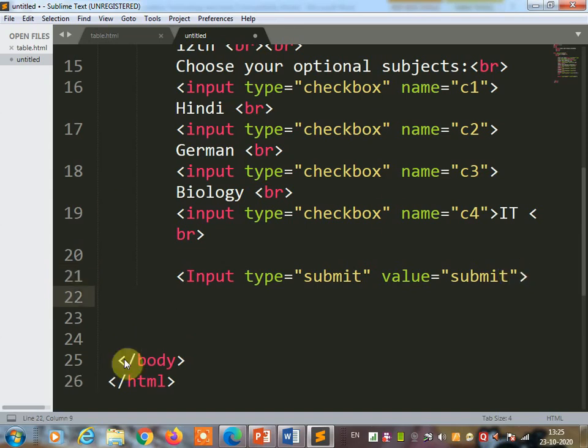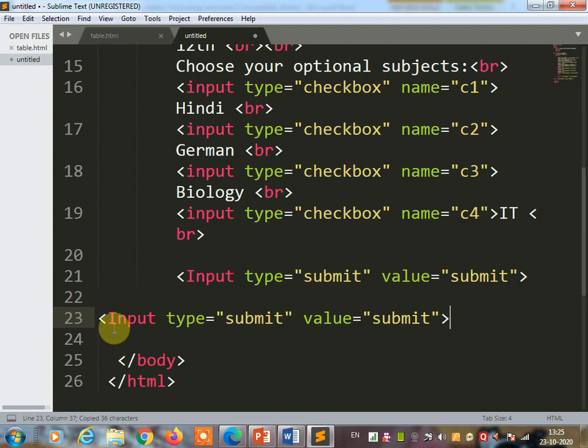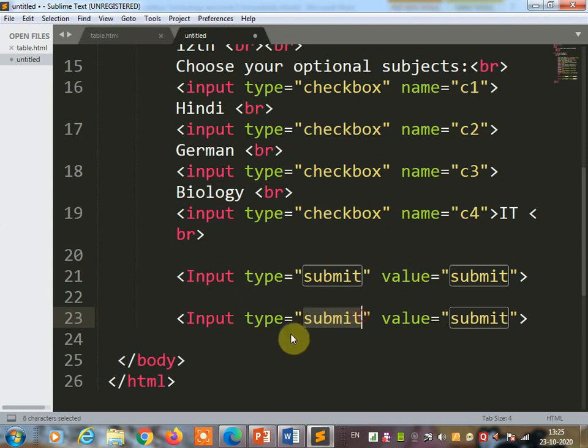One more button we can use to clear the data, so reset button. So input type equal reset, and value we are going to use here clear. Okay, so here we have finished creating the form with the text box, radio button and the check box, and 2 control buttons, that is submit button to submit the data and clear button to clear the data. By mistake if you filled wrong information in the form, you can clear the information by clicking on the clear button. Then you can close the body tag and HTML tag and save the file.